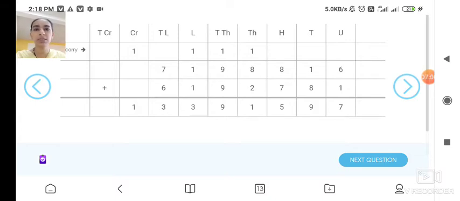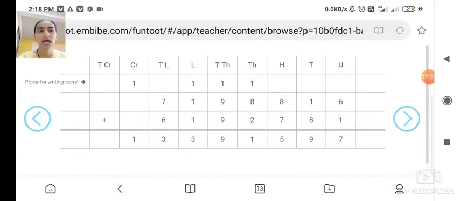If you have made any mistake, the app will show you that you have made this mistake. See, I have made some mistake in that question, so the app is telling me I have not written the carry forward. So I will write that carry forward, then again I will check whether my answer is correct or not. If it is showing nothing, that means my answer is correct. Students, understand how to use this app and how to take the addition.